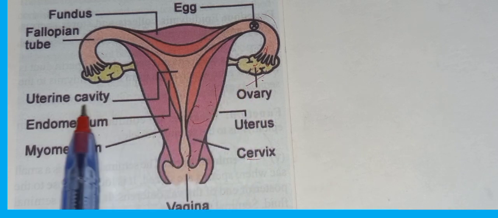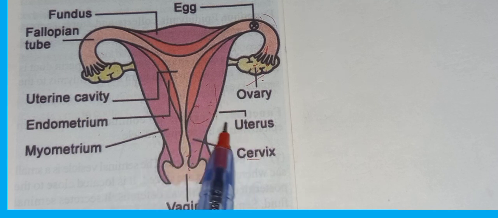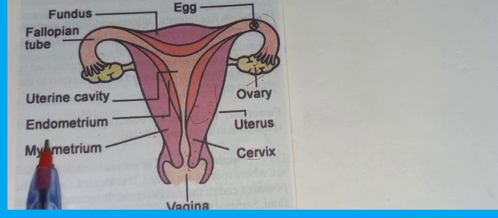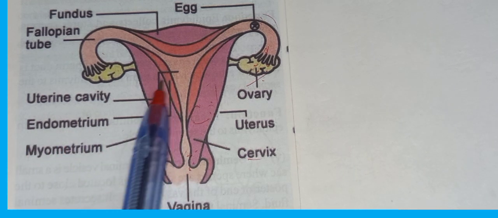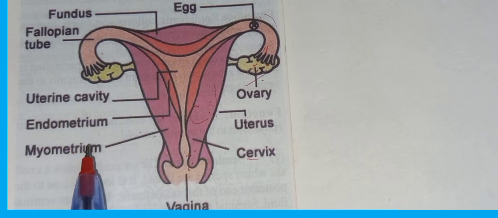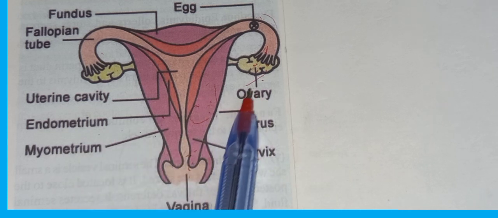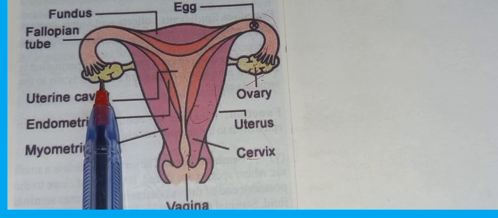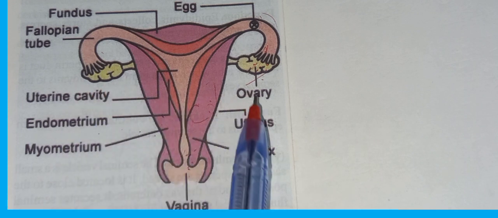Now, this is what we call the vagina. This is the cervix. This is the uterus. This is the endometrium. Can you see it? This is the uterine cavity. Now, a woman's ovaries, because ovaries are two, one, two. Can you see it? Fallopian tube, uterus,